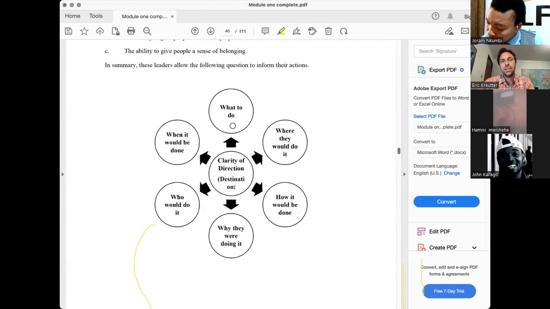As a leader, what is your vision? What is it you want to do? As a leader, who is it that you're going to do it with? How are you going to get it done? All of these are questions that people are going to ask you the minute you begin opening your mouth as a leader, right? And in order for you to appear